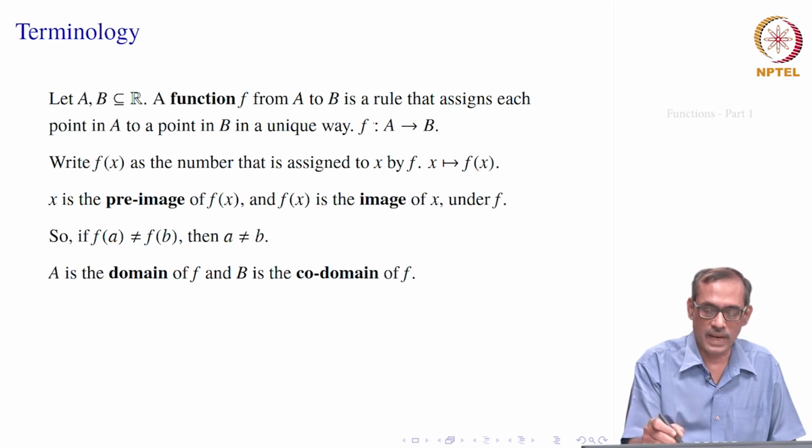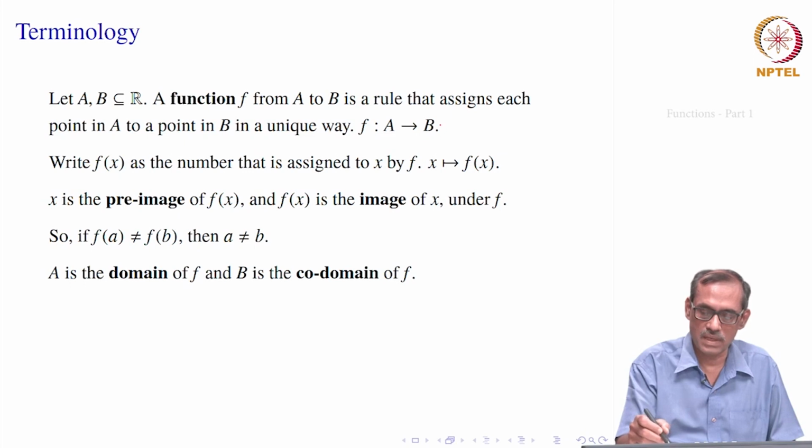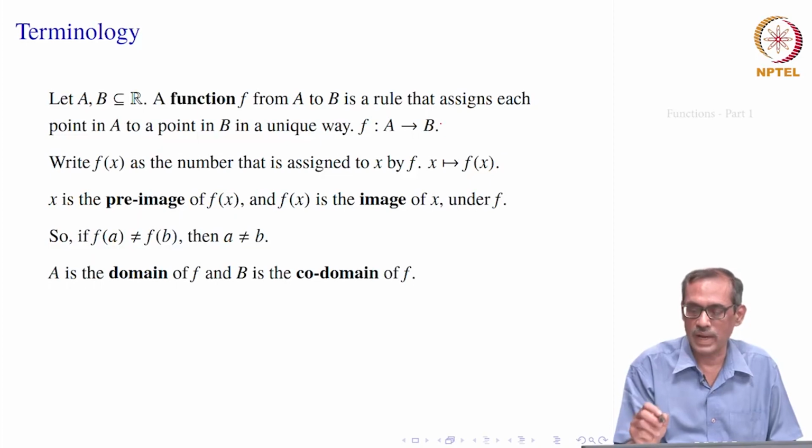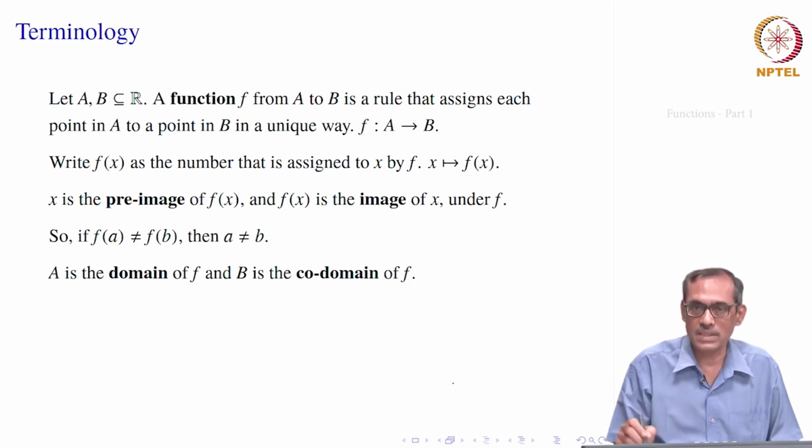So, now this set A from where the function is defined is called the domain of f, and the set B, or in total also R, is called the codomain of f. See that everything of this B may not have been mapped. For example, mod x is taking from R to R, but the negatives in R are never mapped by mod x. There is no number in R whose mod will be a negative number. But R is the domain and R is the codomain of that.